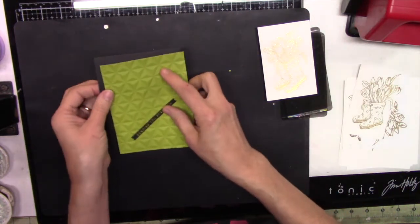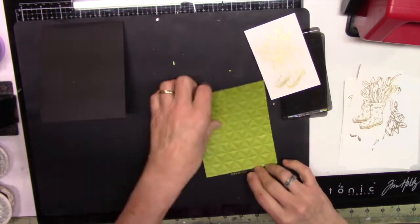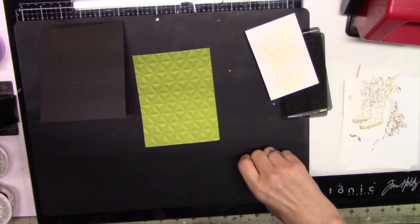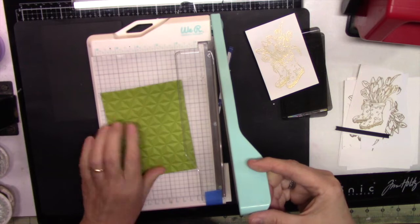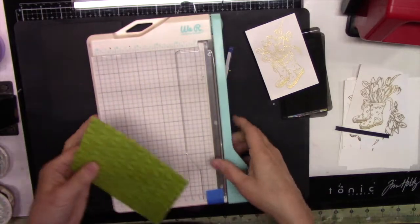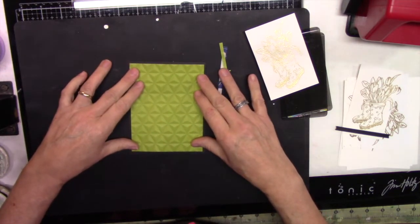Okay, so I want to cut this to size. This measures 5.5 by 5.5 by 4.25. So I'm going to cut this 4.25 by... no, I'm going to cut it 4 inches by 5.25. So let's go ahead and do that. Cut it to 4.25, and I'm going to cut this 5.25, and I'm going to cut this to 5. Okay, so that's that,